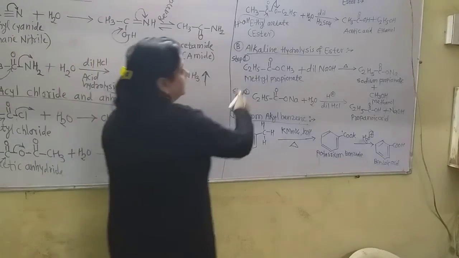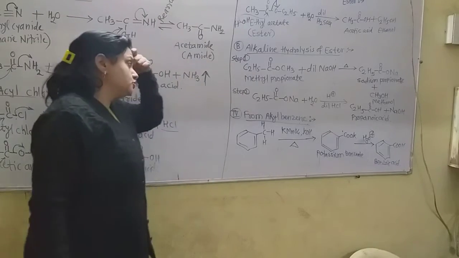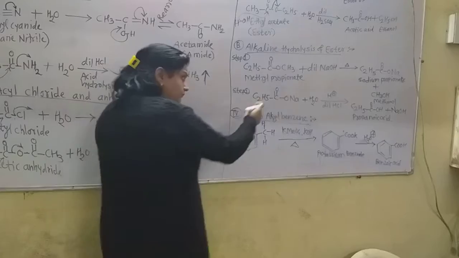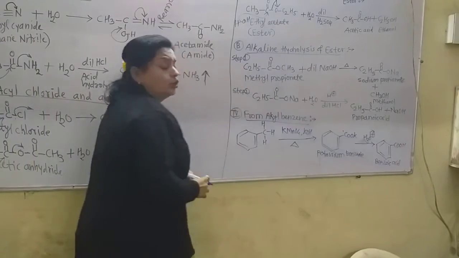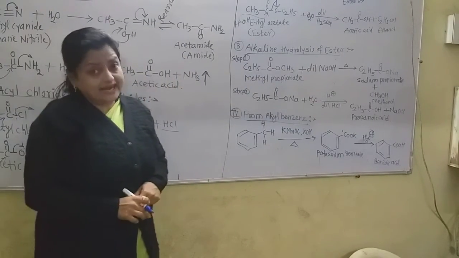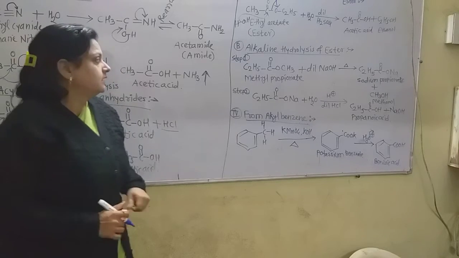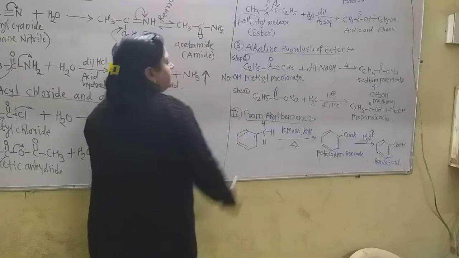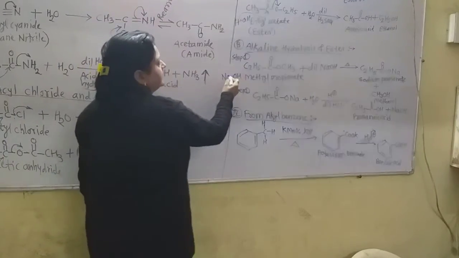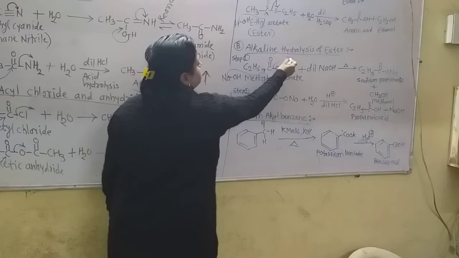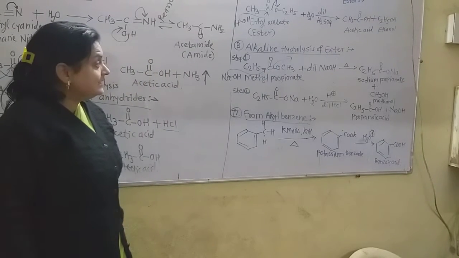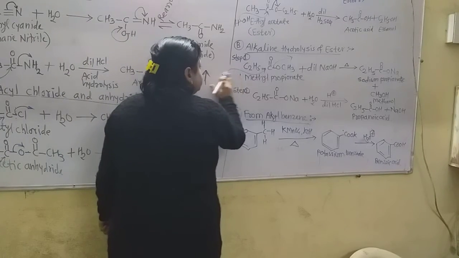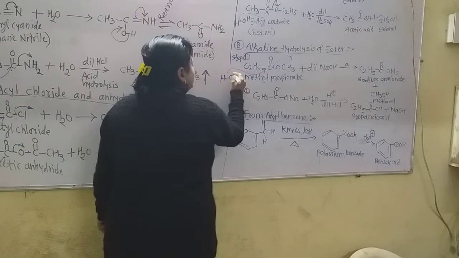Now this is the alkaline hydrolysis of ester. Here also there is the addition of water molecule, but here dilute alkali, sodium hydroxide, first gets added in the first step. How is it? Now see here, suppose sodium hydroxide, NaOH, is there. This OH attacks on this carbonyl carbon, at the same time this bond breaks, and there is formation of this, right here, O-Na.